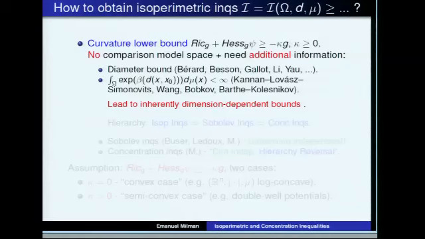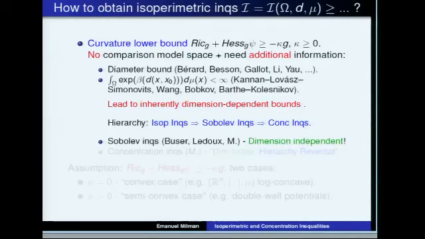So let's maybe try to think of some other initial assumptions that will enable us to deduce dimension-independent isoperimetric inequalities. And recall this hierarchy that we just saw. If you see this hierarchy, it makes perfect sense. It's very natural to maybe start with one of these guys and try to work your way up the hierarchy, reversing the hierarchy. So the first person to do this was Bobkov, to successfully start with the Sobolev level and go up. And this was continued by Ledoux, and we've also had some contribution in this direction. And the good news is that, yes, you can go up the hierarchy here, reverse this implication, and obtain dimension-independent isoperimetric